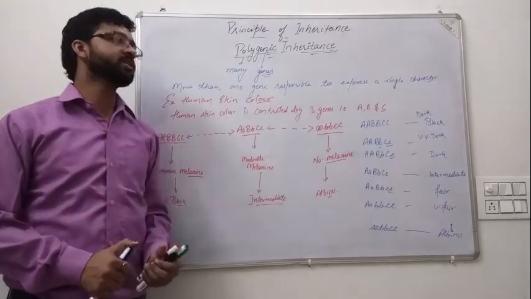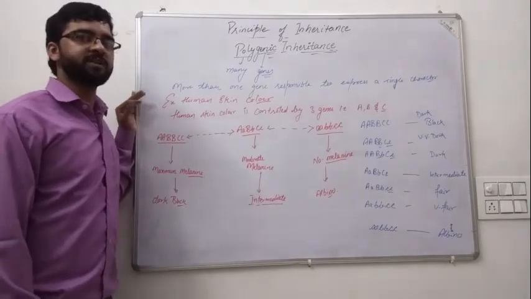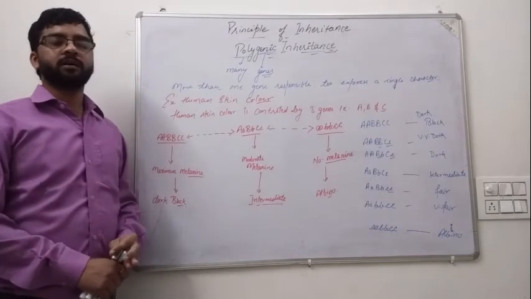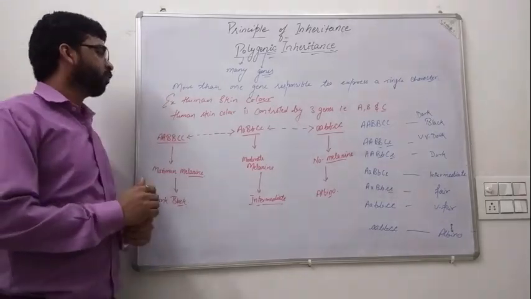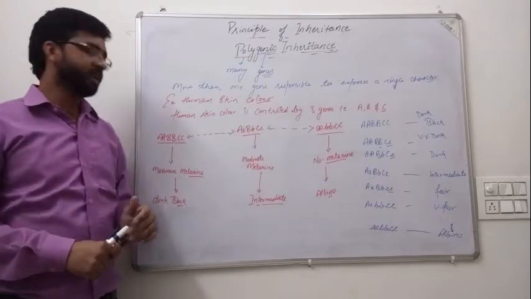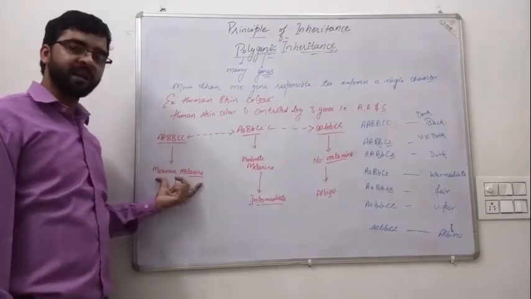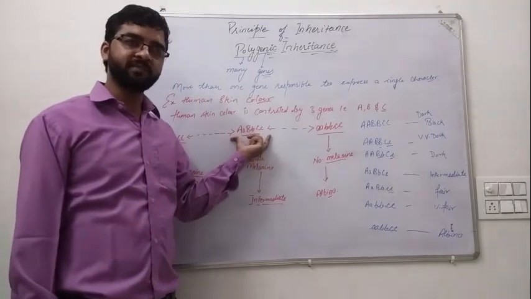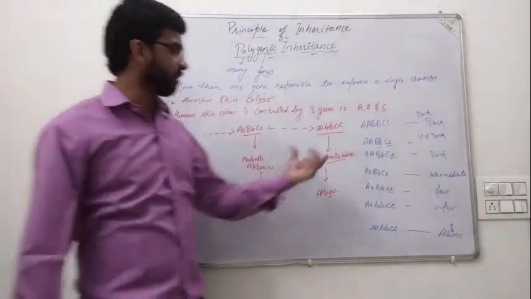So what we discussed in this topic is polygenic inheritance. Polygenic inheritance means more than one gene expressed for a single character. Human skin color is controlled by 3 genes. All of these are capital, that's maximum melanin secretion, and the color is dark black. 3 dominant and 3 recessive, 3 capital, 3 small characters, moderate melanin, intermediate or wheatish color.